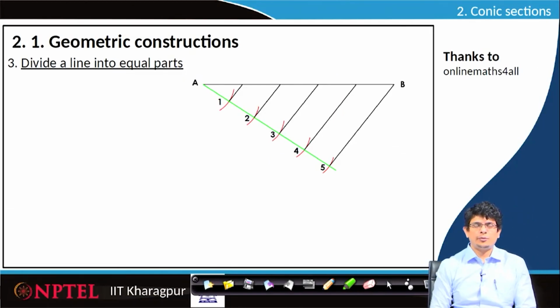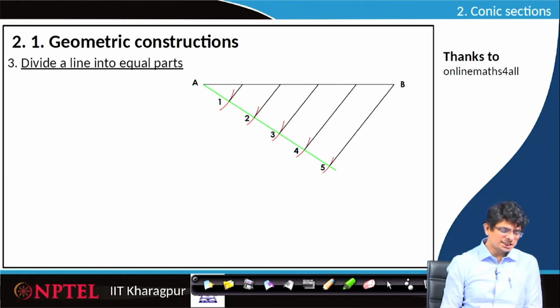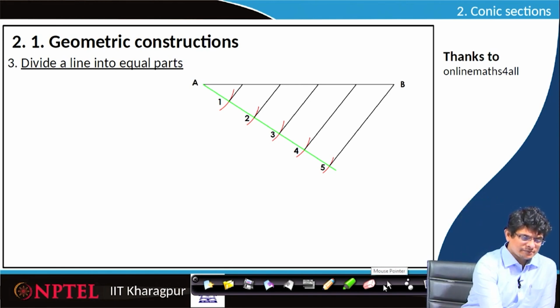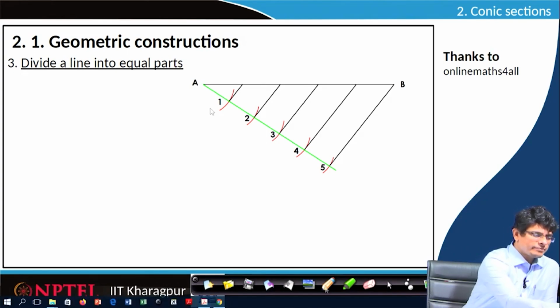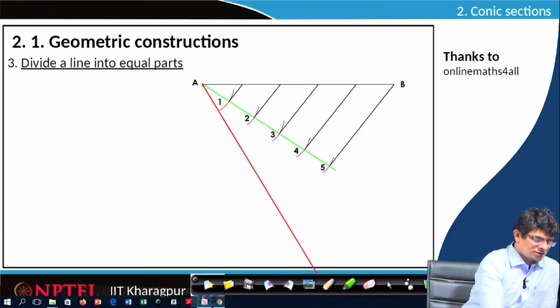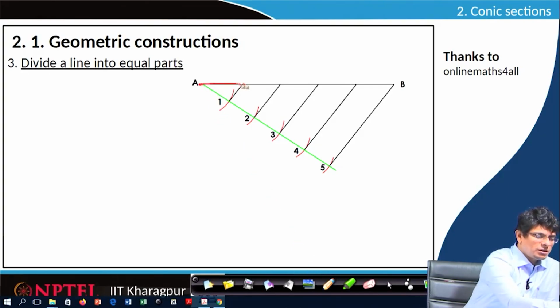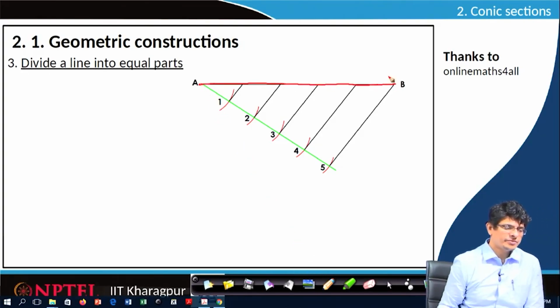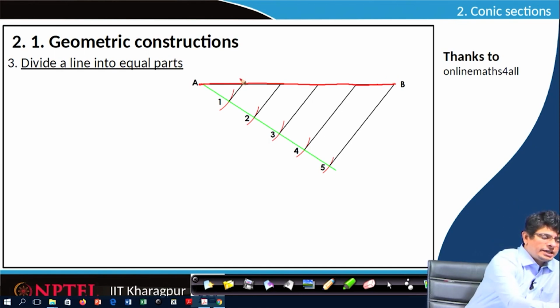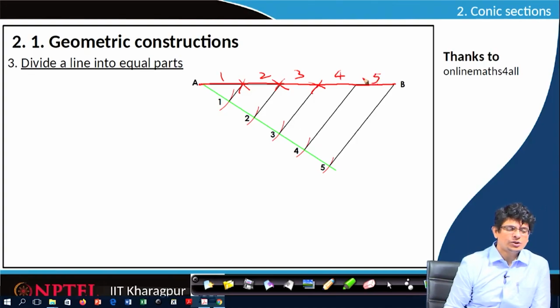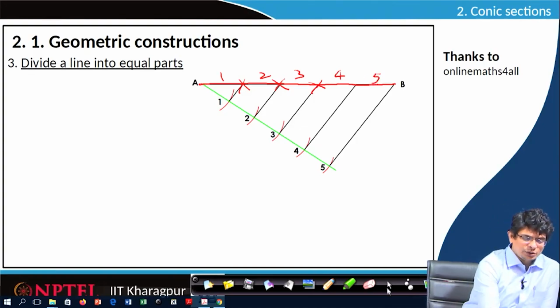The third objective for our today's session is to divide a line into equal parts. So, let us consider there is a line AB, and we would like to divide that into equal segments, perhaps 1, 2, 3, 4, 5 equal segments we would like to construct. To do that,